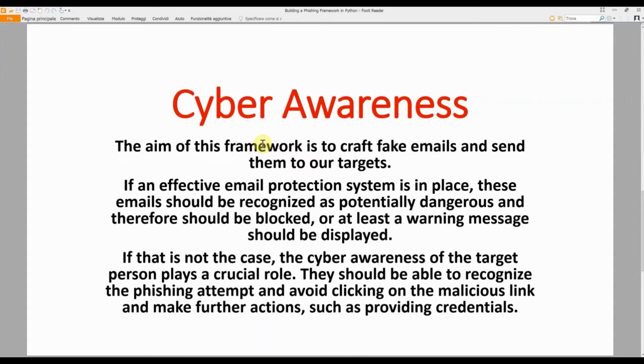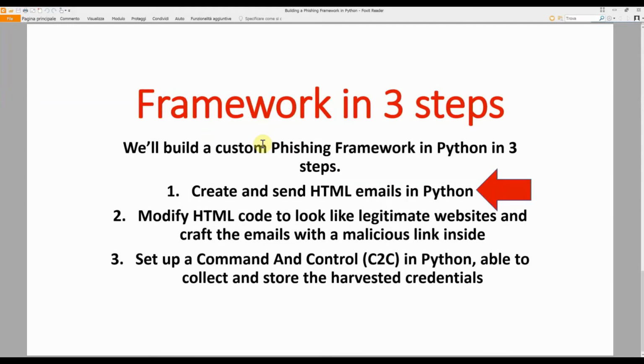With this framework, we will test the case where a malicious link is provided that asks the user to give credentials, and we will do this by creating fake emails that mimic real company emails or real websites. So that is the main threat. The user must understand, must recognize that the emails come from a fake source, and so they must never give credentials to the attacker. So that's what we are going to do, and we will build this custom phishing framework